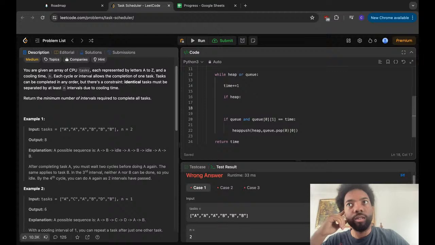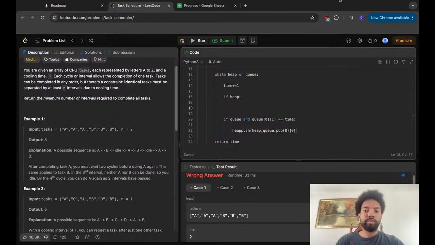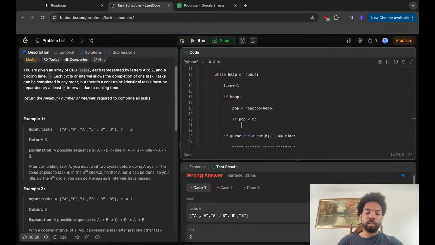That's what I should be doing. Let's see. Pop equals heap pop heap. If pop is less than 0, then we're going to